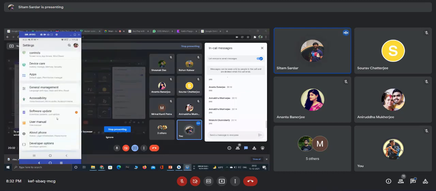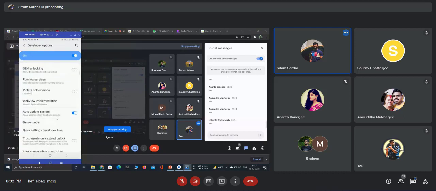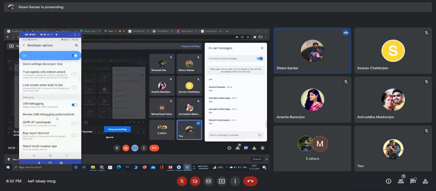As for mine, the developer option is already enabled, go to this section and make sure to enable this USB debugging section. After enabling this section, simply plug your USB into your computer and Android Studio will automatically detect it.